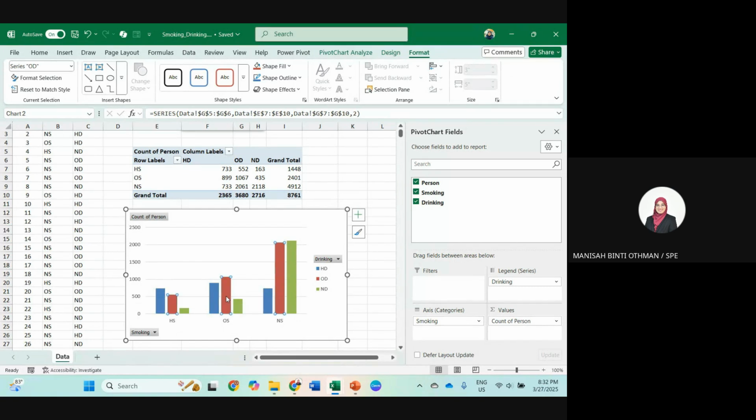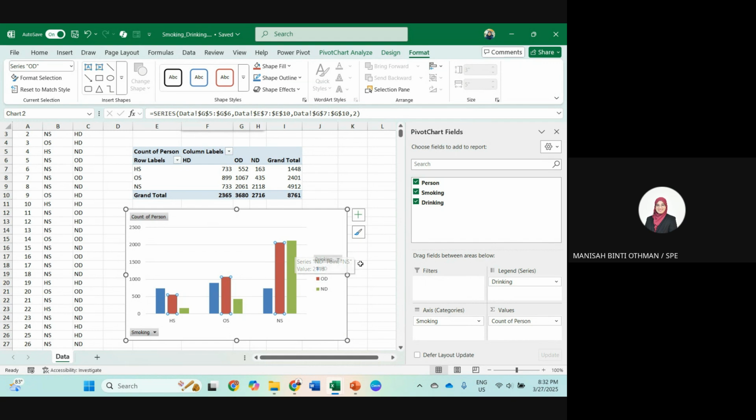Same as ordinary smoker, it will be an ordinary drinker. For non-smokers, it is possible to drink and not drink, to be an ordinary drinker or non-drinker. So you can see the relationship here and the distribution of your data.